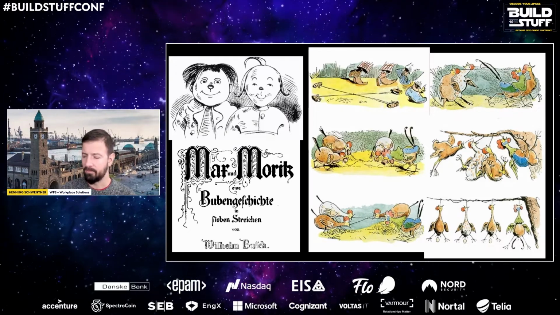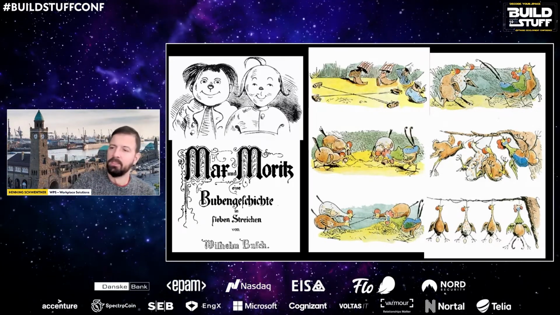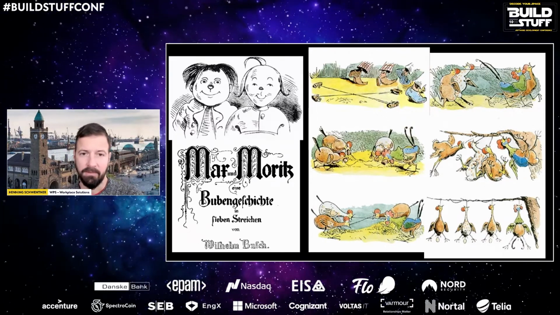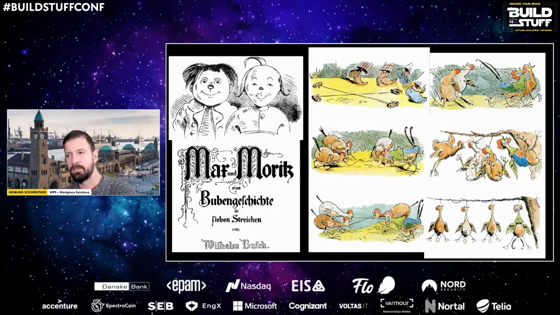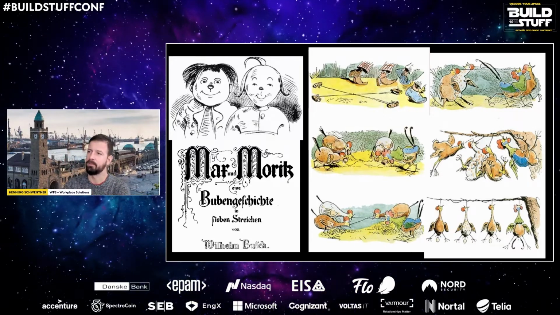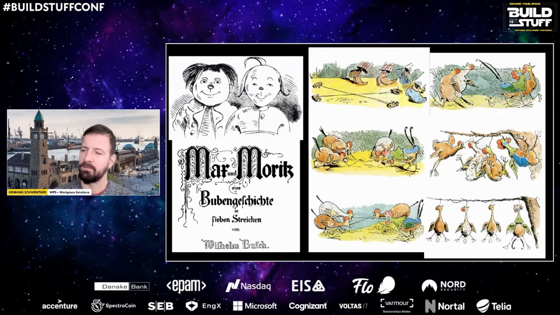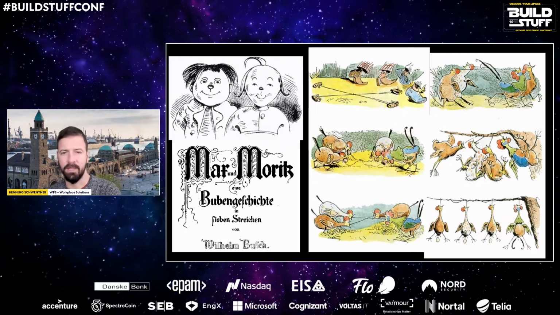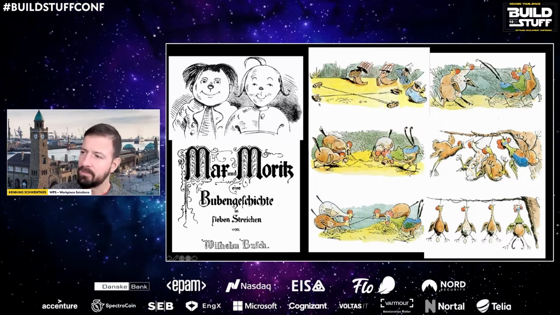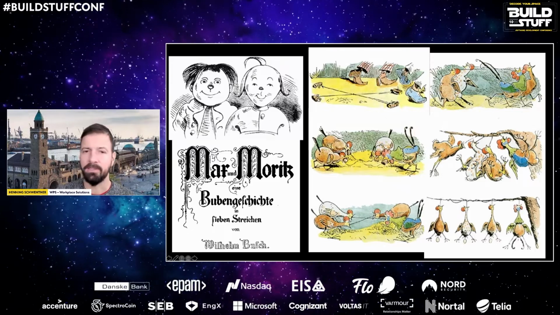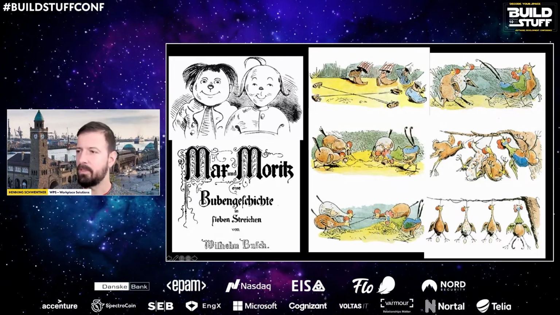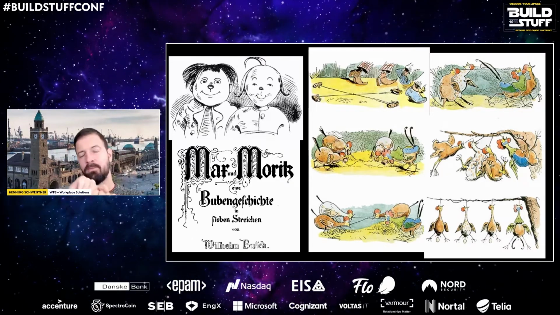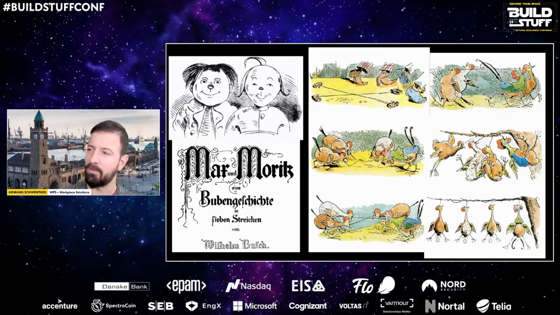Max and Morris, that's some kind of old German comic about two naughty boys, Max and Morris, who do tricks on the adults. And the first trick they are doing is they go to a woman, an old woman, the widow Bolte, who has chicken. And as you can see here, they took a loaf of bread and tore this loaf of bread into pieces. So we have small pieces of bread, and these small pieces of bread, they were tied together, as